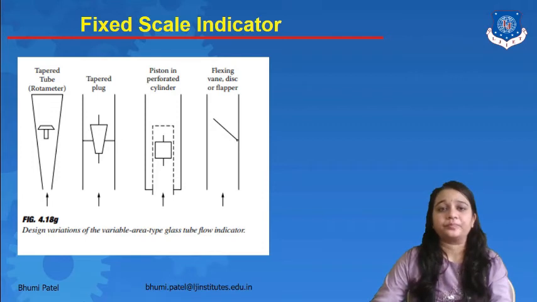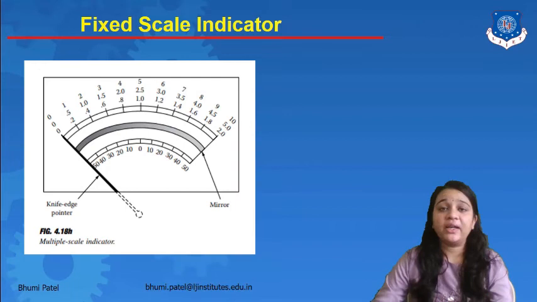Okay, now whenever more than one indication is required for one process or one field, that time we can use a multiple indicator. Here you can see that they provide a mirror on the downside of the pointer, and the scale data is different in the same indicator. So in one indicator we can calculate multiple readings.